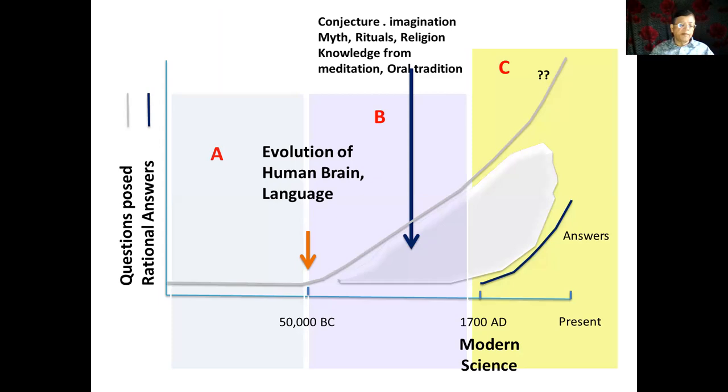This is a timeline that I have drawn here. You have 50,000 BC, when the languages started to evolve. And then, roughly in the 17th century, the growth of modern science started. But in between, the human mind always posed questions. Of course, there was no way to answer these questions because the systematic study of science only started very recently. So we can roughly divide the eras into era A,